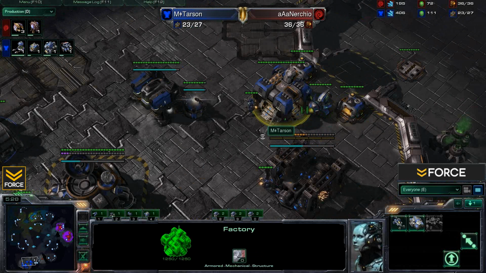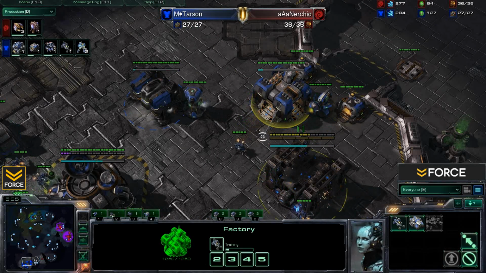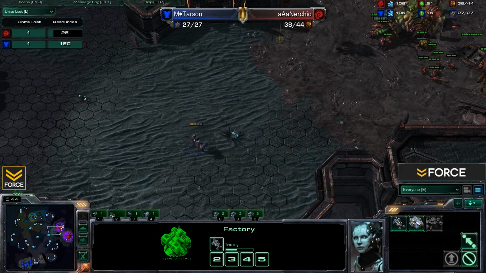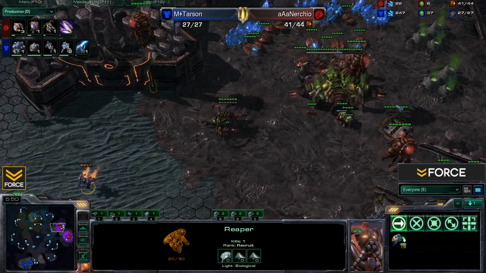I want to see if he's going straight into tanks or if he's actually going to be trying to go for like Infernal Pre-Igniter, and I think he might be. Looks like we may be seeing some Infernal Pre-Igniter Hellions here from Tarson as a follow-up. Now keep in mind, his initial harass really didn't do too much. He's actually behind at this point in the game, given the fact that he had to destroy